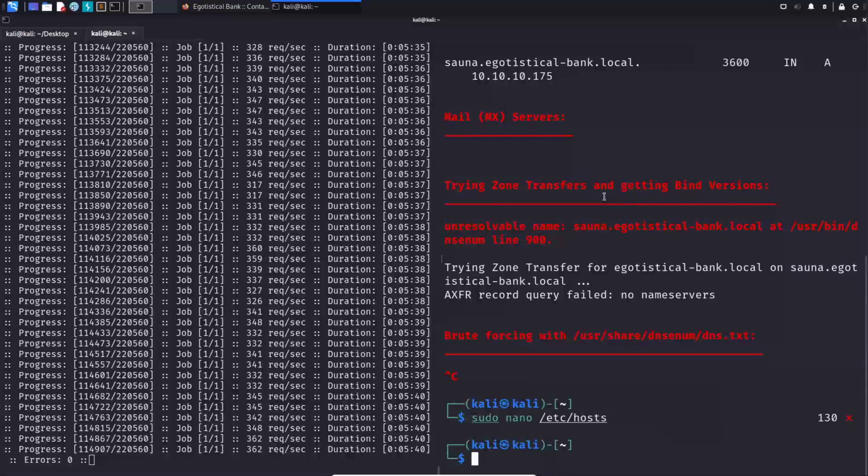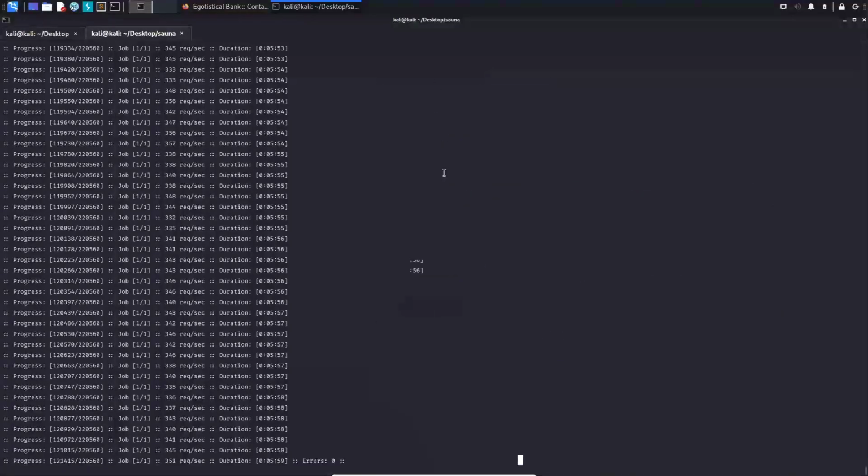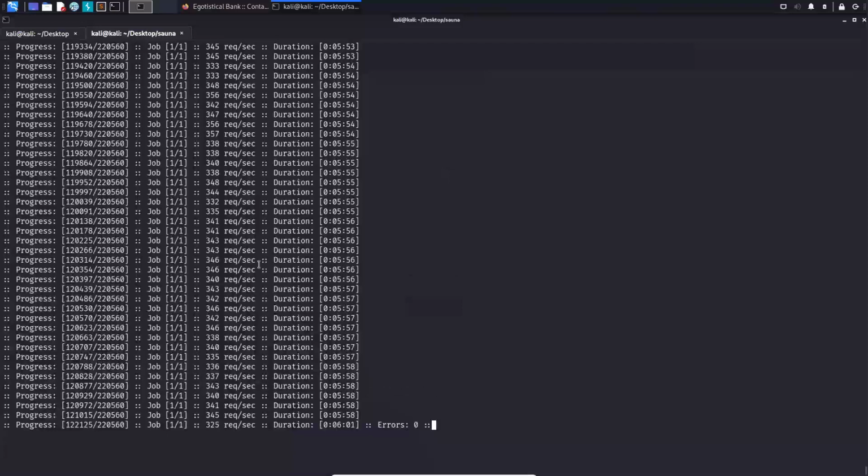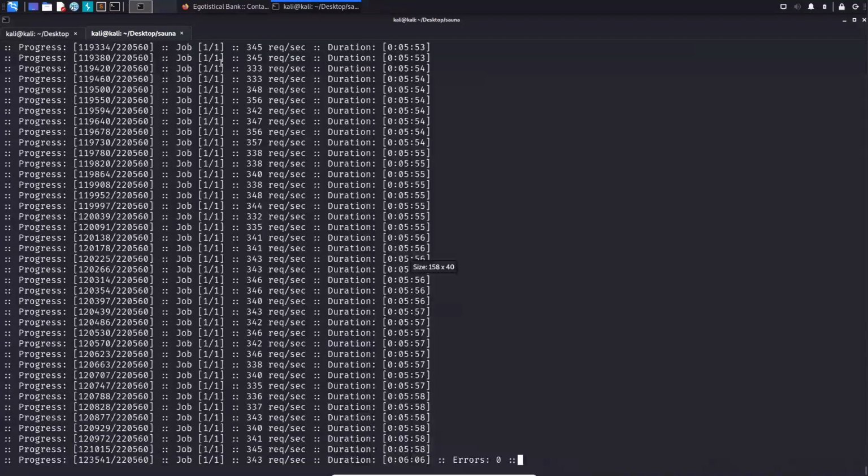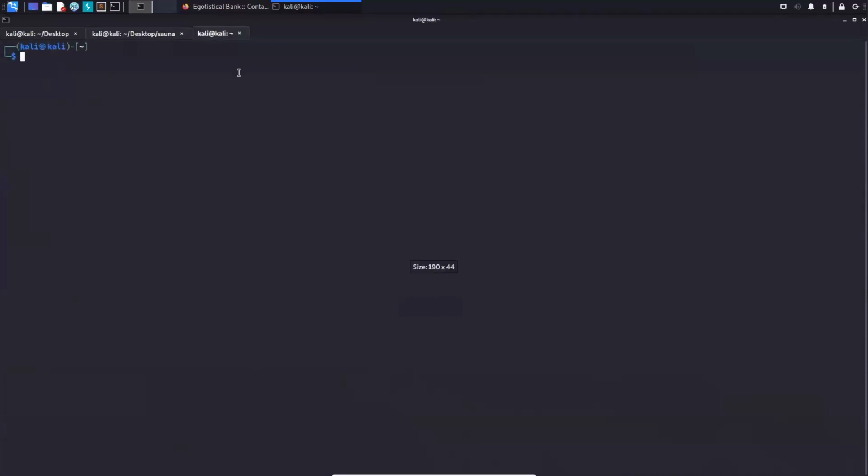Since we know this is a domain controller with Active Directory, we can try to enumerate Active Directory over the LDAP protocol. This way, we might be able to obtain information about certain objects in Active Directory. And like with everything, we also have some tooling for that. Let me remove the split screen because maybe it's a little bit small to read. And let me open a new tab